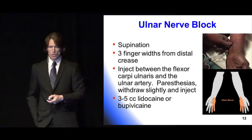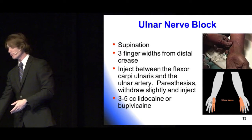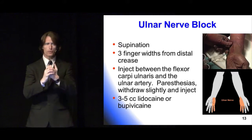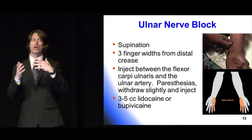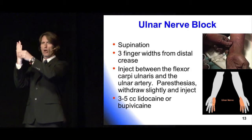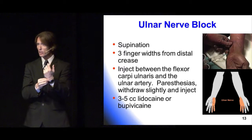All right, so let's talk about the ulnar nerve block. This one is really easy too, and this really helps. What this gives you, it's nice, because it gives you the palmar and the dorsal surface of the ulnar side of the hand, the whole thing, including a good portion, not just the 5th digit, but also the 4th, a tiny little bit of the 3rd. So basically this whole side, like a partial glove, it's going to give you that. And it is so easy. You look at the picture, you can go straight on, and what you do is feel the flexor